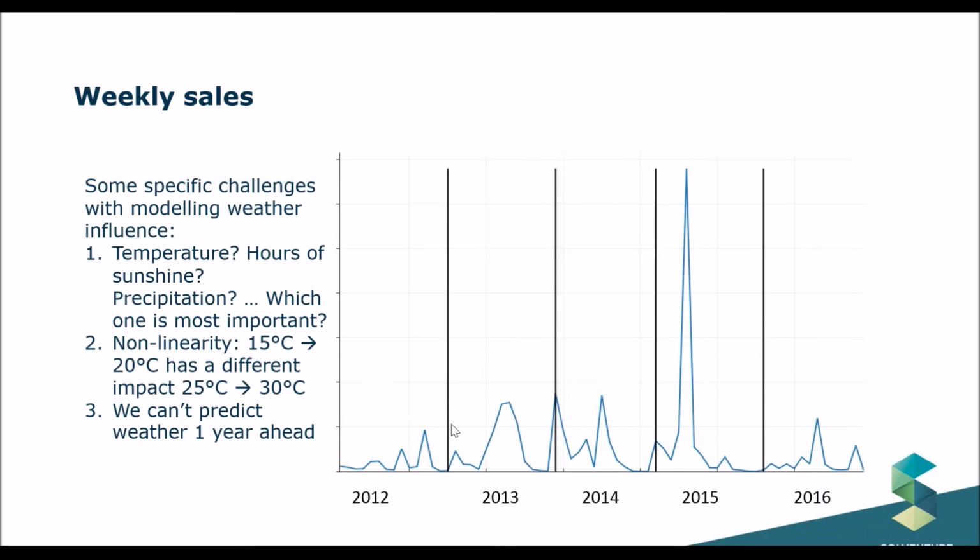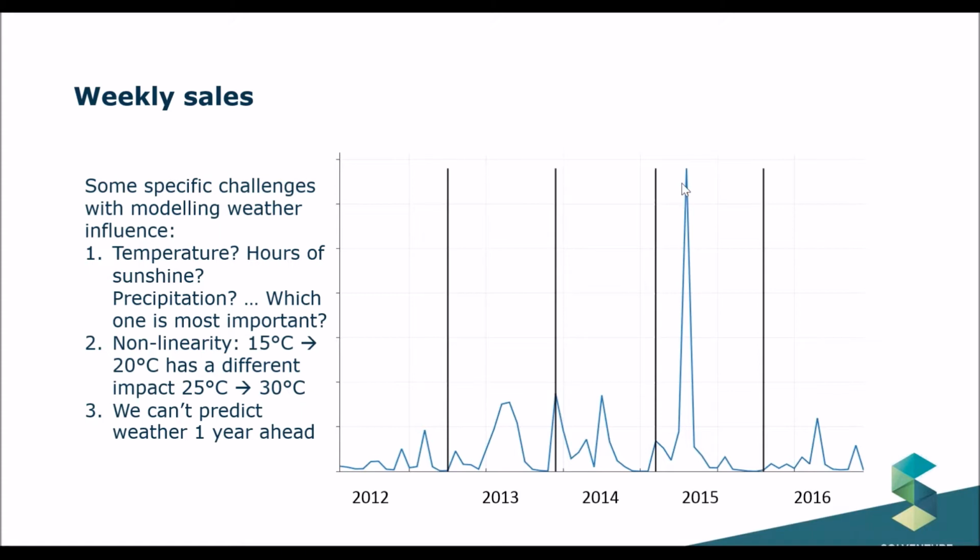So if this is the average sales, or if these have been the typical peaks of the last years, you see that this peak is easily a factor 4. So if temperature reaches certain levels, you almost have an exponential effect. It can have an exponential impact on your sales. And